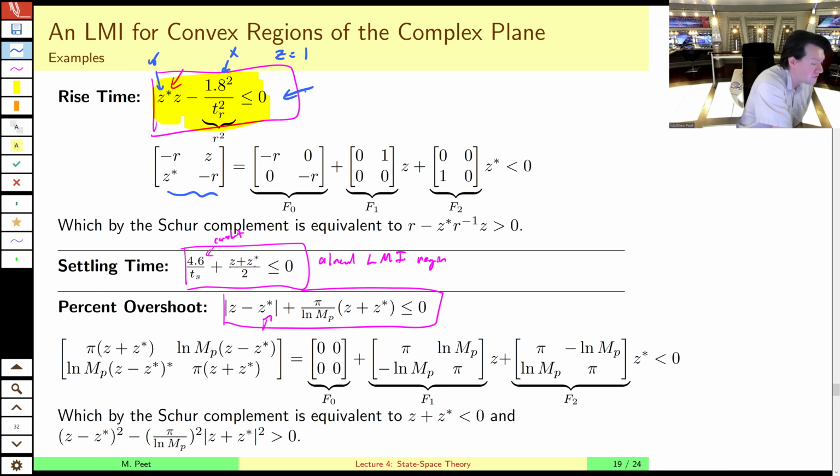So if we swap that around, we get this R squared term here. We're going to call this whole thing R squared. We get R squared minus Z star Z greater than or equal to 0. That's what we want. So we apply the Schur complement to that. This middle term here is already positive, so not an issue there. And so we can just write this out: R squared Z star, and